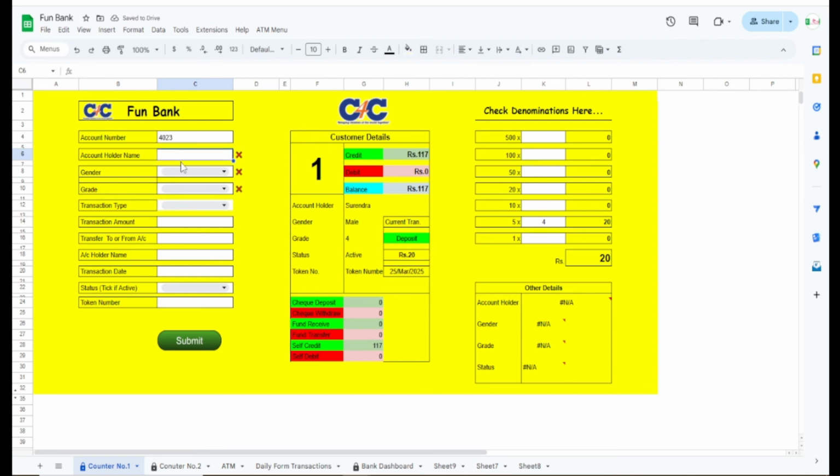He wants to transfer funds to his friend, 4024. So here we need to enter the account number, 4024, right? How much does he want to transfer? He wants to transfer some 100 rupees. Let's see. Okay, now he wants to